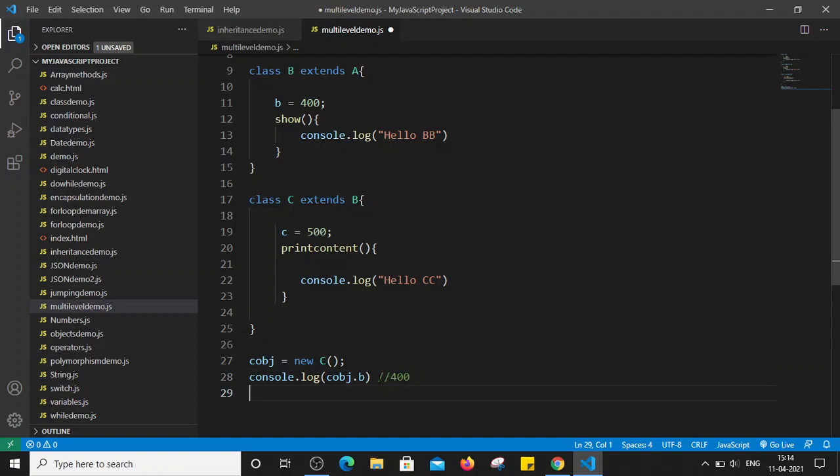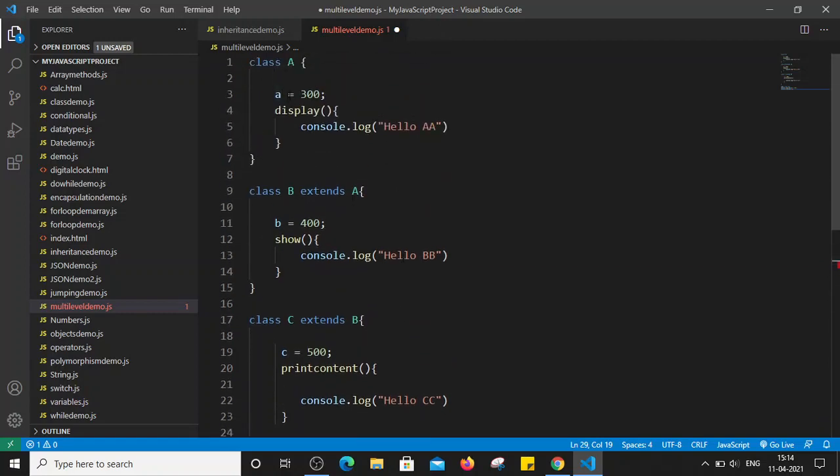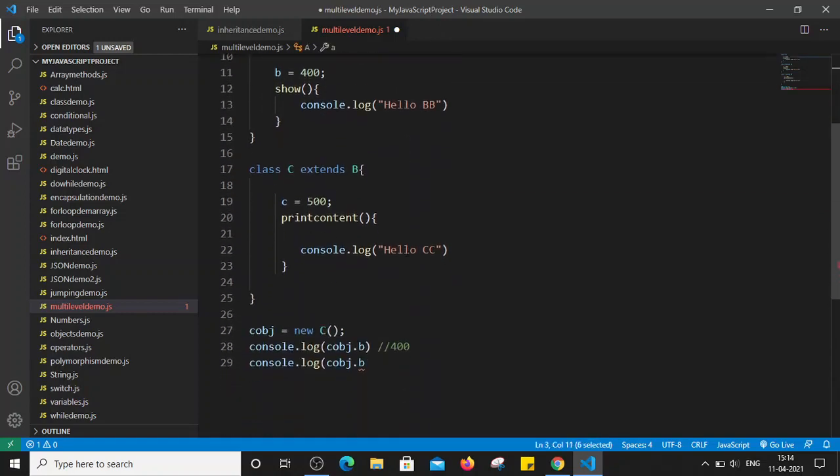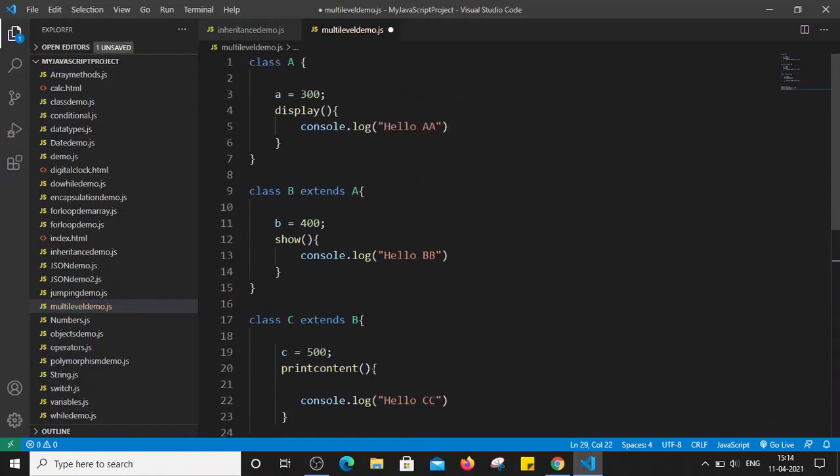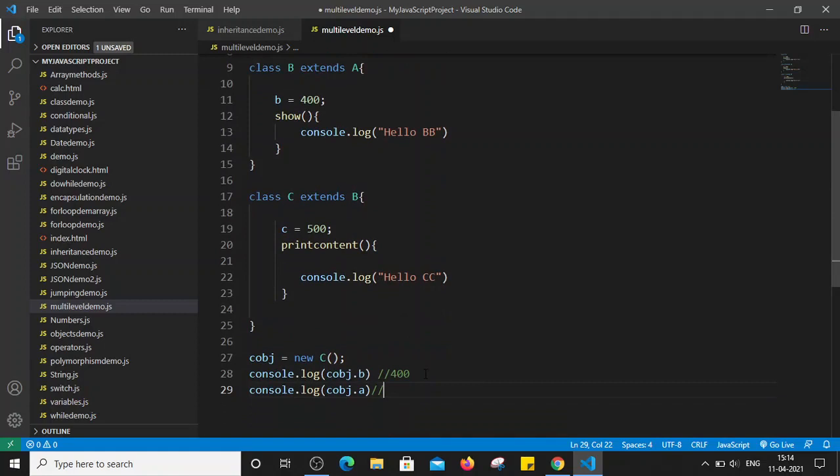We can also access the property of class a as well, because class c is a child of class b and class b is also a child of class a. So let's try to access a as well. a is the property of class a, so it should print the value 300.